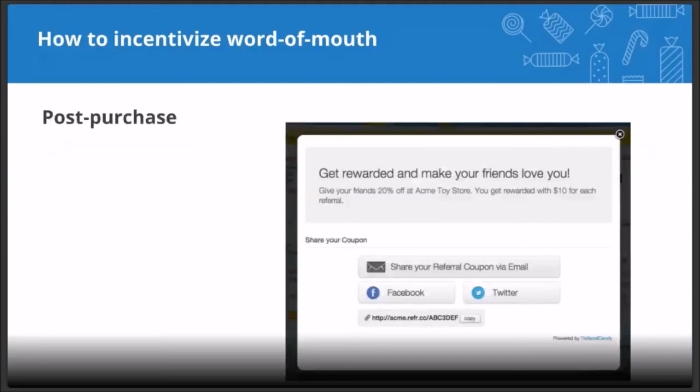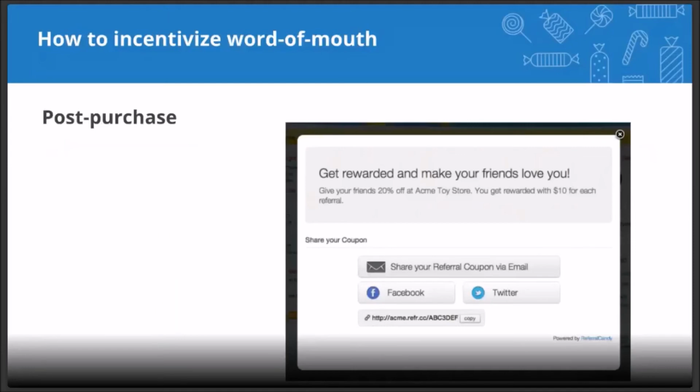Another way of reminding your customers about your referral program is by adding a post-purchase pop-up. Sometimes we tend to forget about our customers after they go through checkout. We consider that, okay, we converted this visitor into a customer, our job is done here. There's still something that you can do.